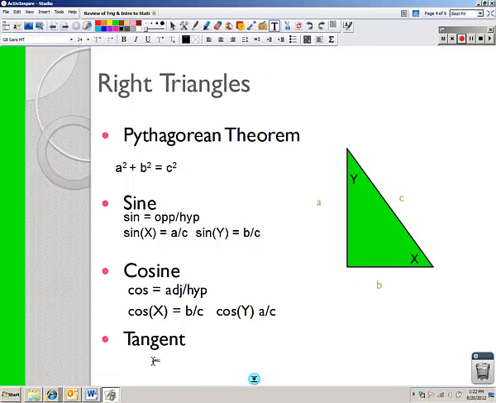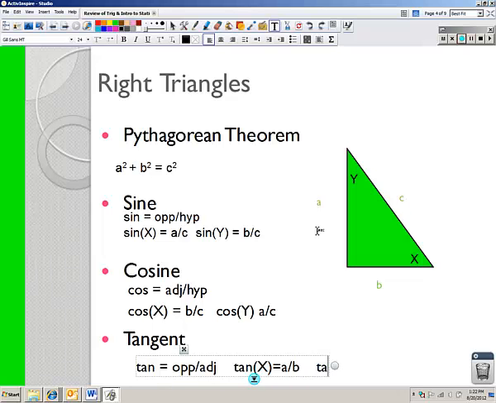Now finally then we have tangent. Tangent is equal to the opposite divided by the adjacent, which means the tangent of x would be equal to the opposite, that's a, divided by the adjacent b. And the tangent of y would be equal to opposite b divided by adjacent, the one beside it, a. Okay? So that is part one of